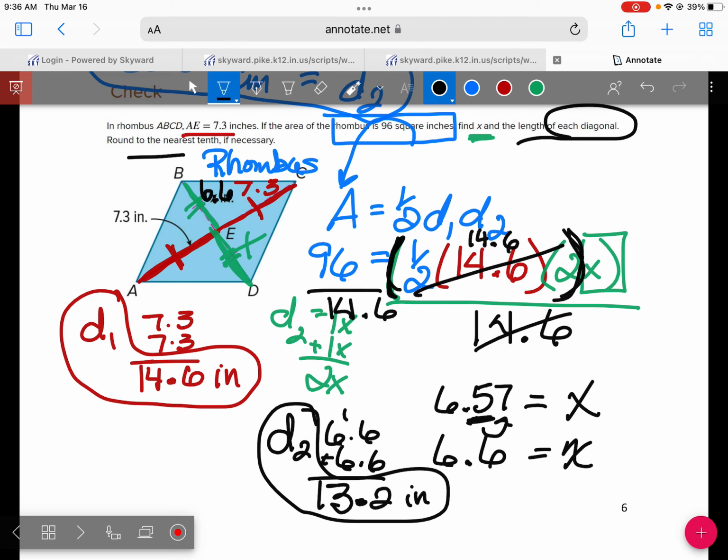So I substituted that in. Now, my second diagonal, which is over here in green, they said this was x. Well, if this is x also, then x plus x is 2x. And because I have to solve for the second diagonal, that's what I have to put in, 2 times x. So then, since we're solving for x,